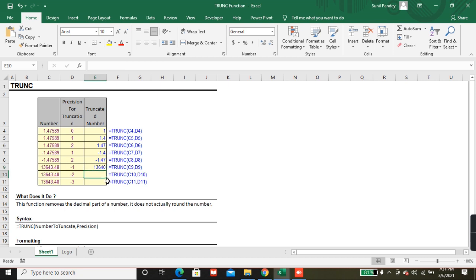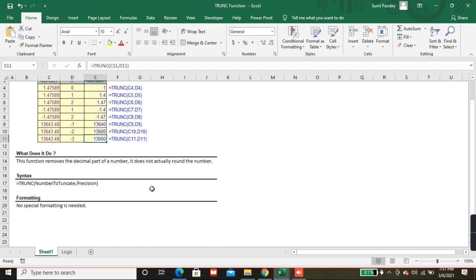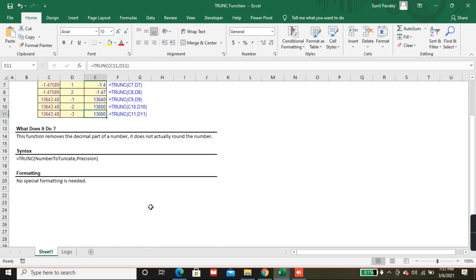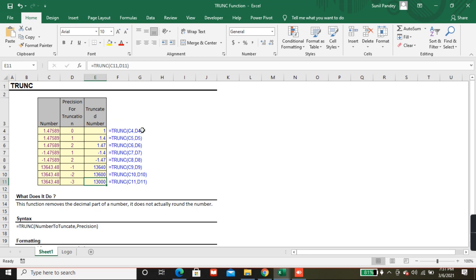Same here, see 13600, it will remove 43 and convert to 0. Minus 3, see, 13000. So this is the TRUNC function and it is very useful to remove the decimal part of a number.